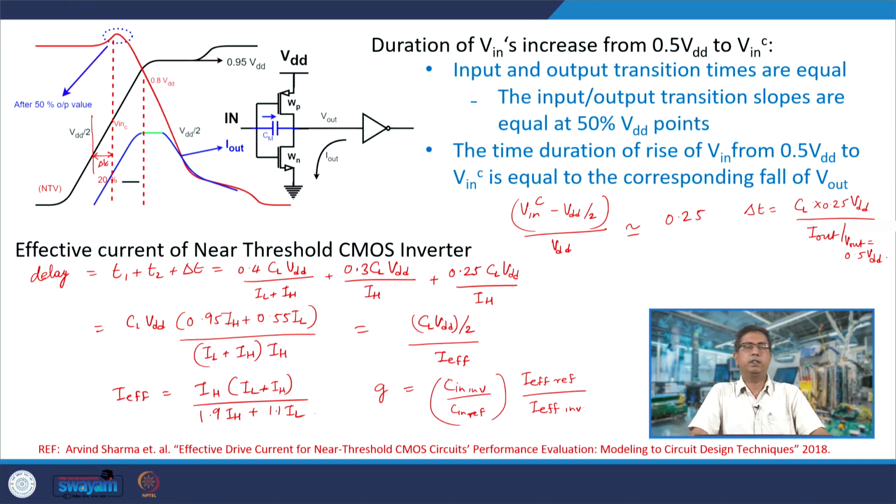Suppose the reference inverter has a certain finger width, and now for our inverter you change the finger width. Then you have a different value of threshold voltage because of the inverse narrow width effect. That would give us a different I effective. Because we know how the threshold voltage changes with width due to the inverse narrow width effect, we can estimate how the logical effort of an inverter would change with width with respect to a reference inverter with a certain layout. So, with this we have obtained an effective current model for a subthreshold or near threshold inverter, which can be